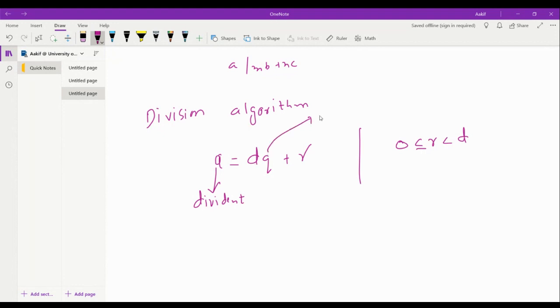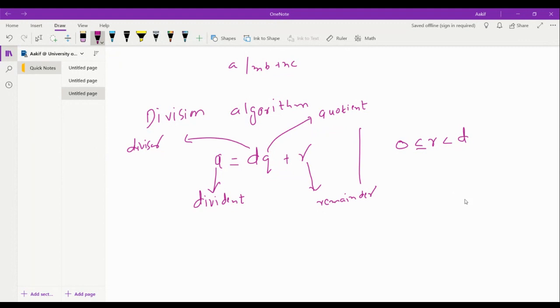This is called as the quotient, and R is the remainder, and D is called as the divisor. Now,